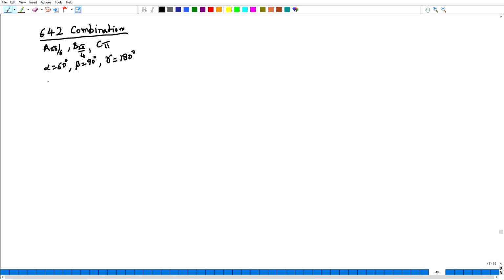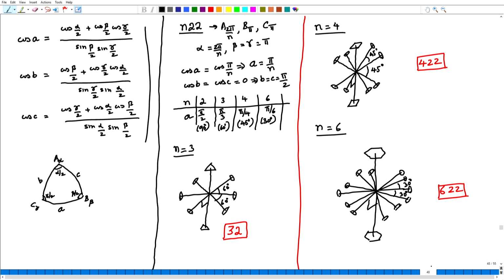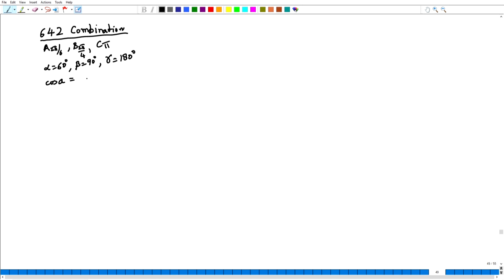So, what is going to be cos A? Again, we plug alpha, beta, gamma into these equations to get our A, B, C, and what I am going to get is cos A equal to root 3 upon 2 upon 1 upon root 2, and this gives me square root of 3 by 2. Similarly, if I calculate cos B, then cos B will be equal to root 2, and cos C would be equal to root 3.